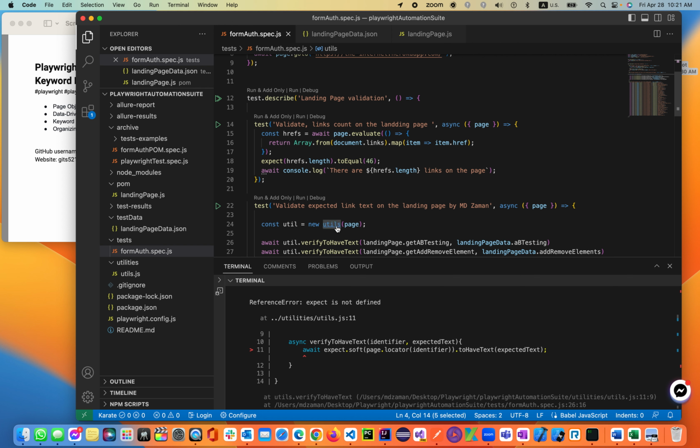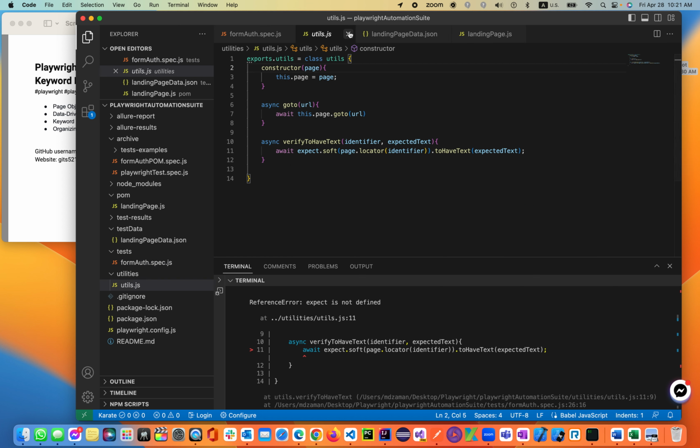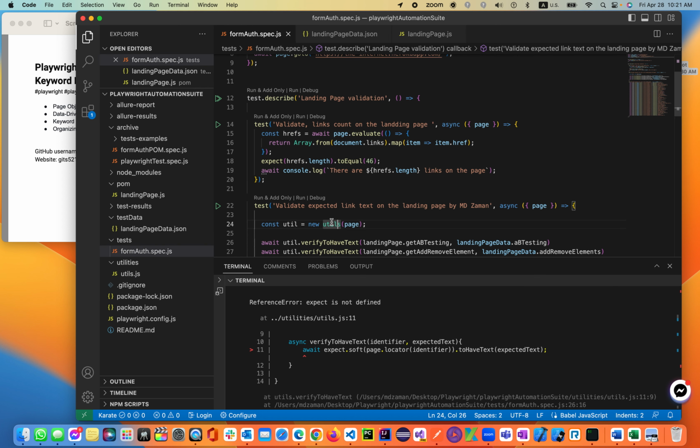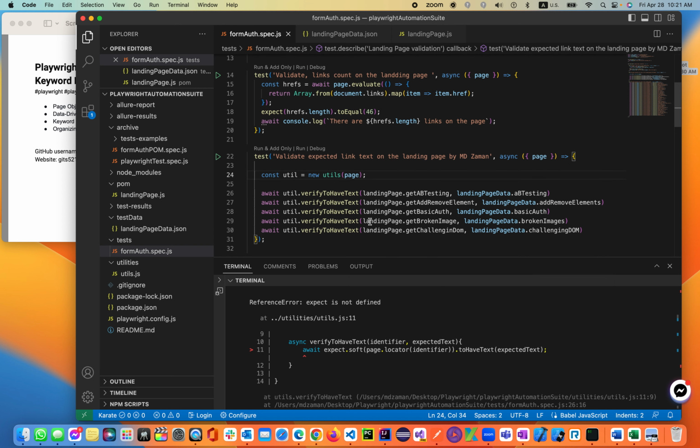So this instance goes here directly because this is a constructor. This utils, we are calling and creating an instance, and we are declaring util as our reference variable, called new and paste. It should be fine,